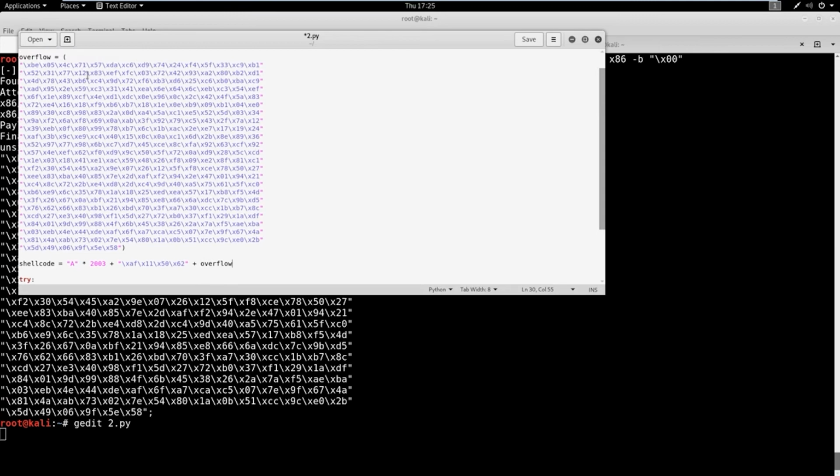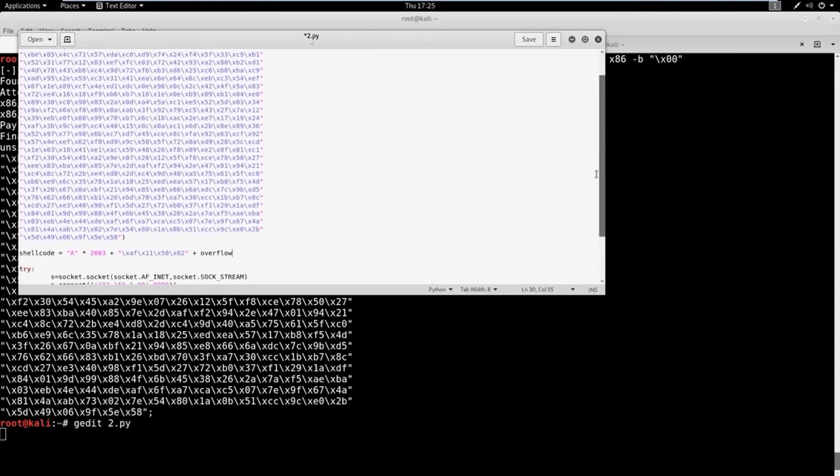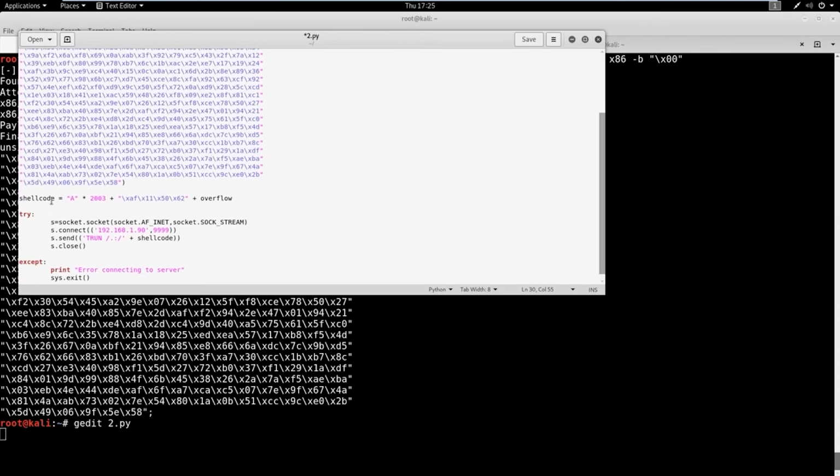So what we've got here is the shellcode, right? What's going to happen is we're going to submit the shellcode. In this variable shellcode here, we're going to say, okay, 2003 bytes. That gets us to the EIP. When we get to the EIP, we're going to hit this pointer address, right? This pointer address is just a jump address. So we're going to jump to this set of instructions that we provide. The set of instructions we're providing is this overflow here. So what we need to do